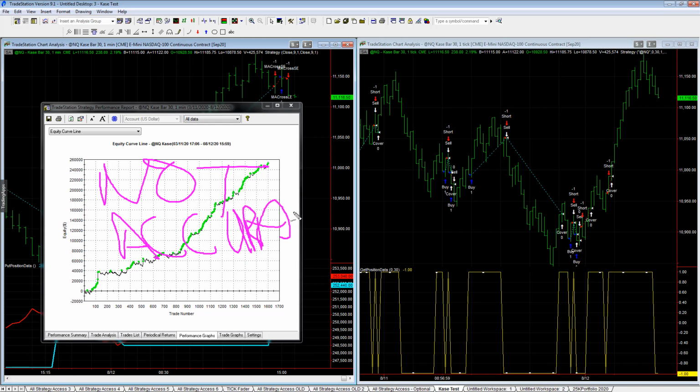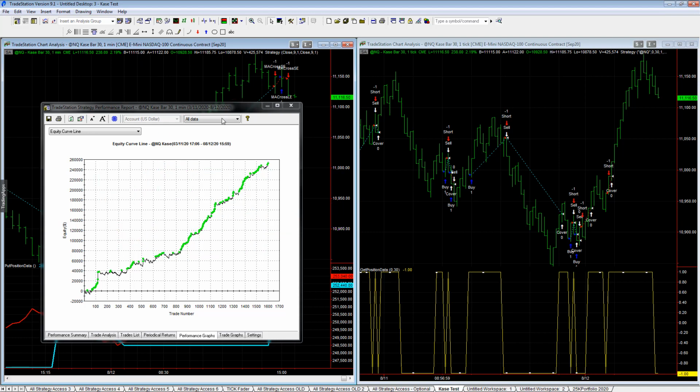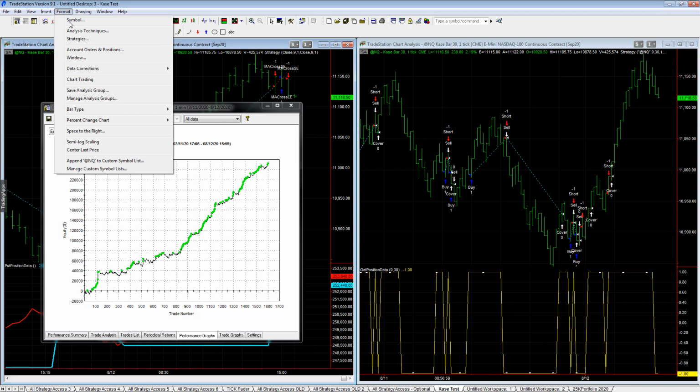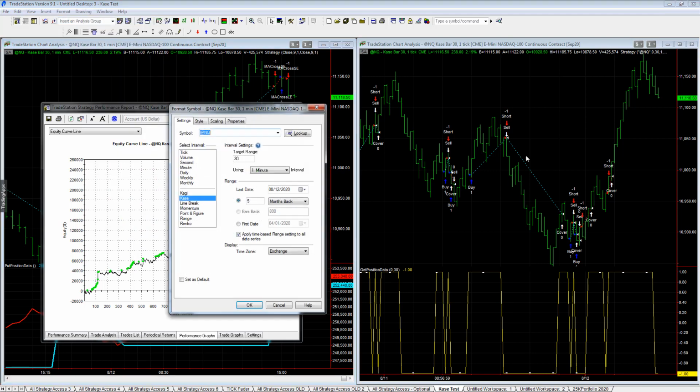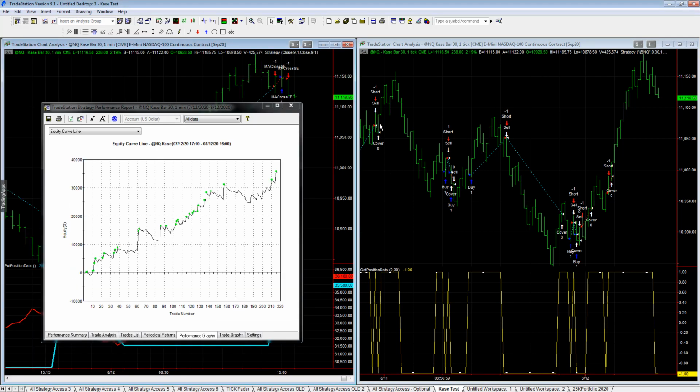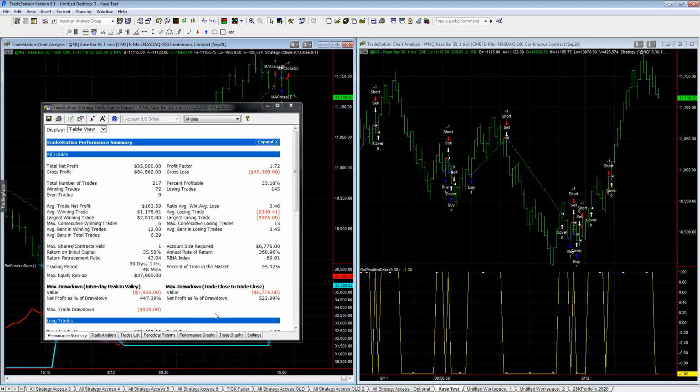So now I'm going to show you what it looks like going back 1 month with 1-tick bars. We're only going to go back 1 month because we have to use tick data, and tick data takes a long time to load. We'll first do it on a 1-minute chart. Let's go back 1 month back on Kase Bars, and this is just for example,